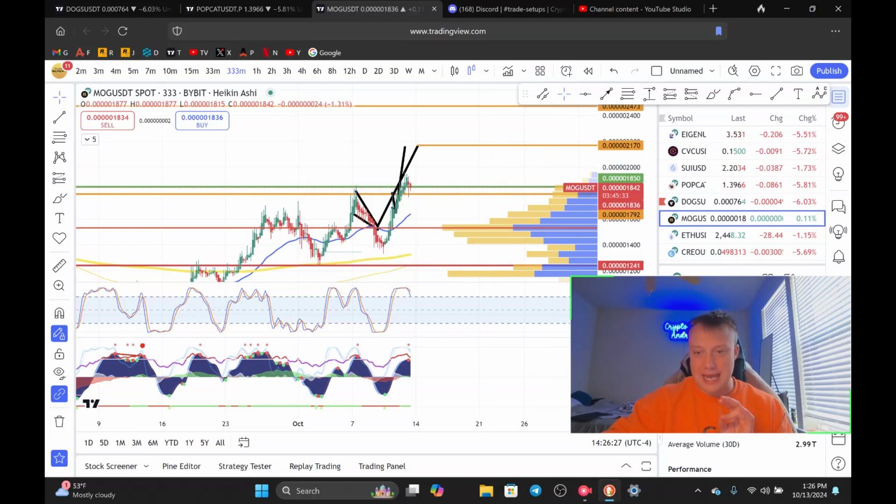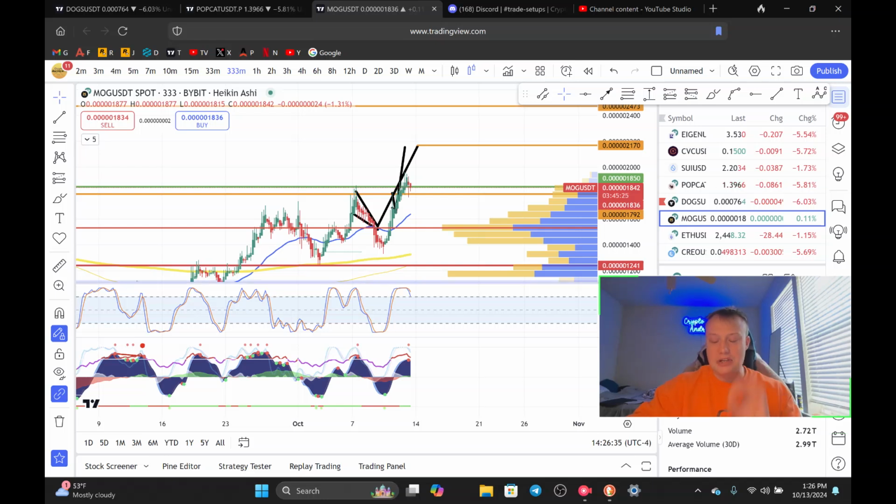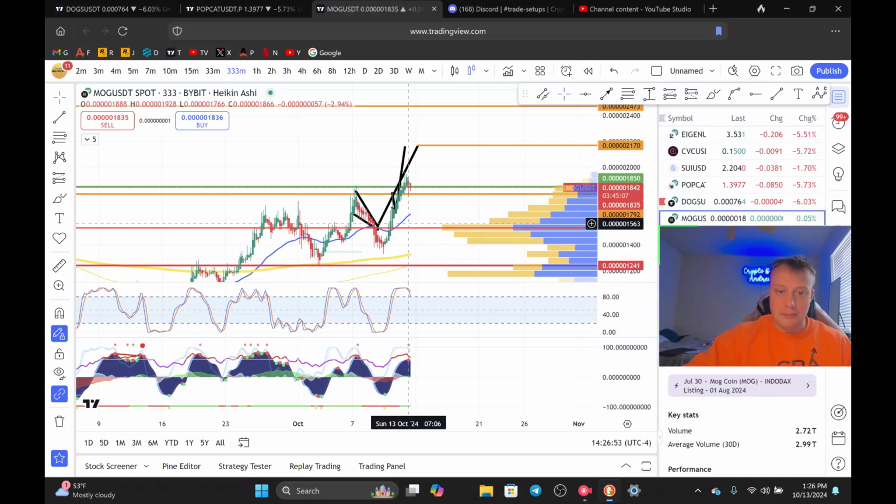Let's look at PopCat. I believe that's the token I'm going over, MOG. I don't know what I'm talking about. I'm going over MOG. So I'm still in my trade on PopCat. That's why I was thinking about PopCat. And I just doubled down on this trade, or not quite doubled down, but I put more money into this trade. I put maybe another 40% of my money into MOG token, basically at the same price. My average price right now is 18.5. Right now, the price, as you can see, is 18.4 pretty much.